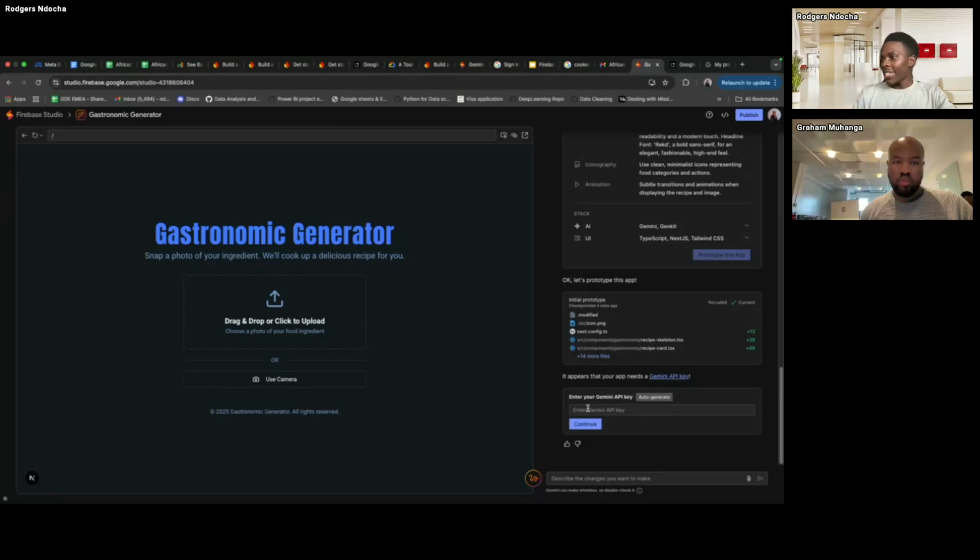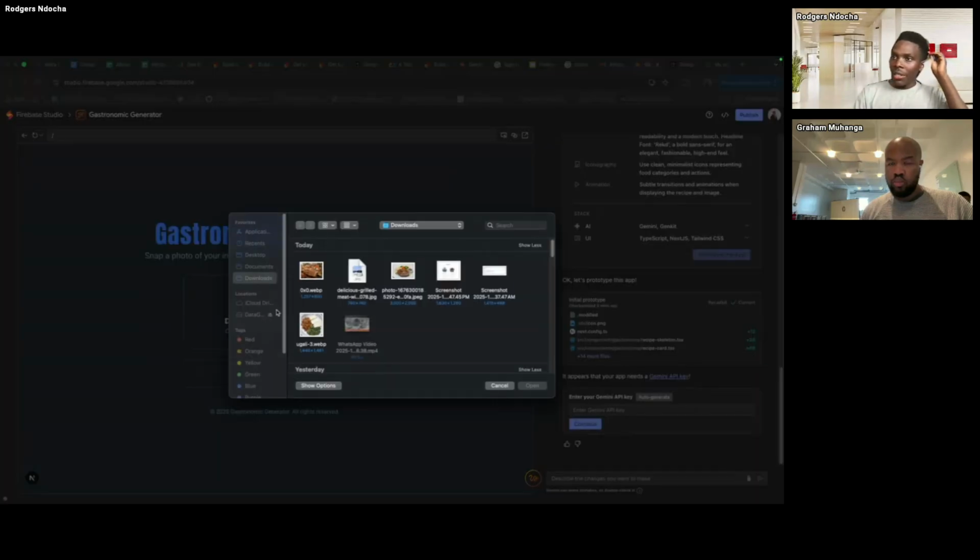Automatically, it will give you a place here to input your API key, which you obtain from AI Studio. For now, we just want to see what happens if we don't put the API key over here. We want to see if it will work anyway.